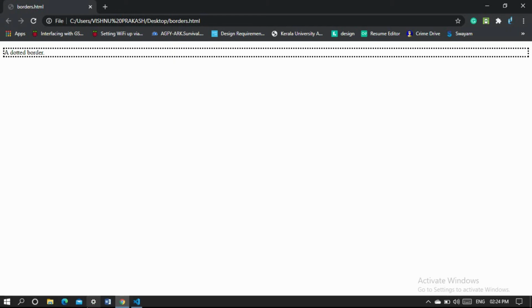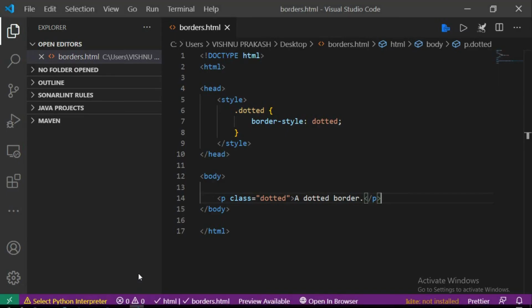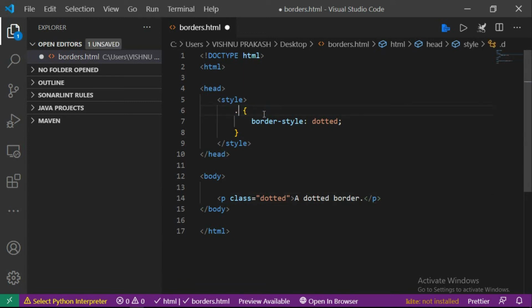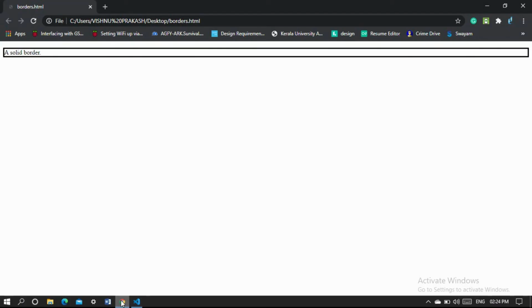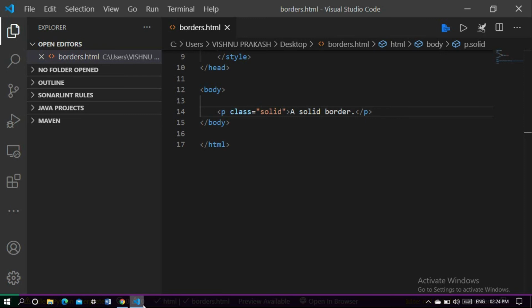color and everything. Then how we can make radius borders, everything. So first we'll see the dotted borders, then we'll go to the other ones. I think it's better to take solid so that we can make the radius also inside this one only. Solid we'll take, and here we'll change this one to solid. A dotted border will change to a solid border. So we'll see it back. It's better to take solid so that we can understand everything nicely.